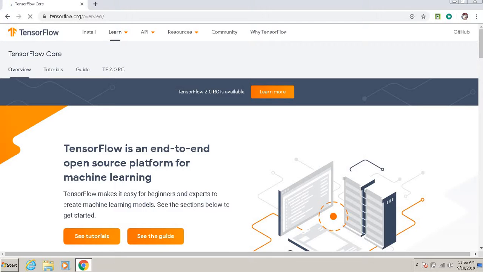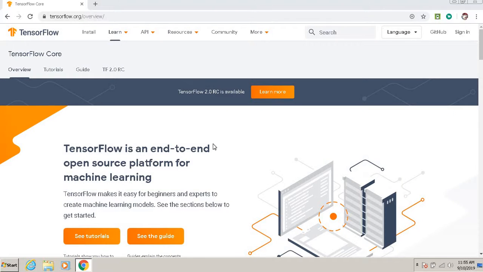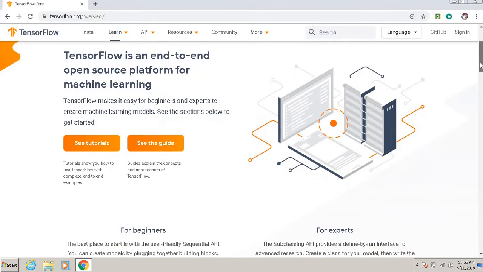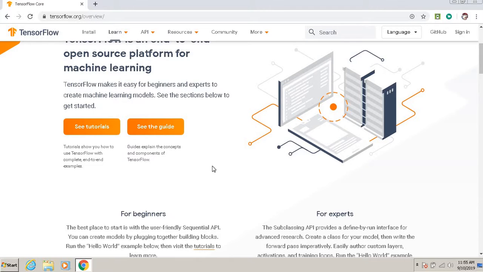So when you go to this site, which is tensorflow.org, and you are in the overview of the core TensorFlow, you can go for 2 options. Either you can see the tutorials or you can see the guides.